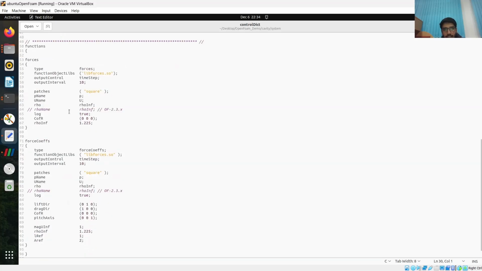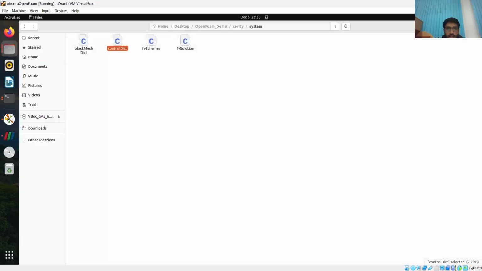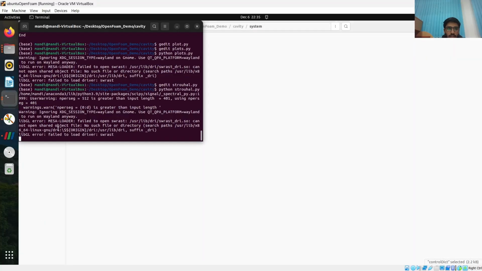You can find this script in the OpenFOAM help section. So I'm going to calculate the forces and force coefficients, that is lift and drag coefficients, around the boundary called square. I have named my square boundary as square, so I have written it here, and then I'm going to save it. And then if I run this script,